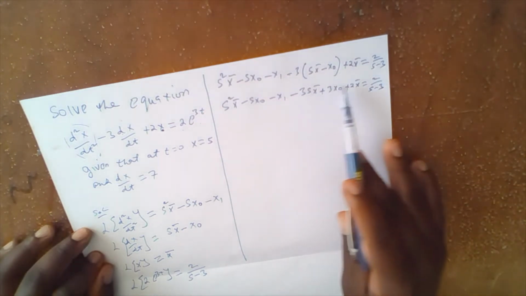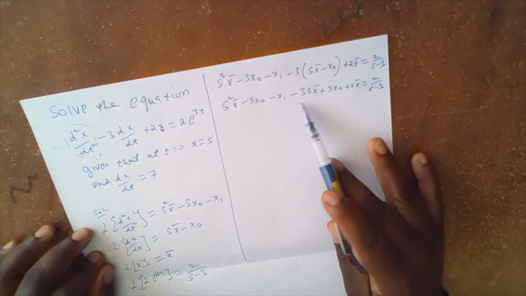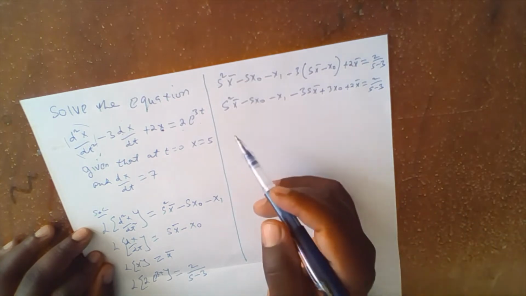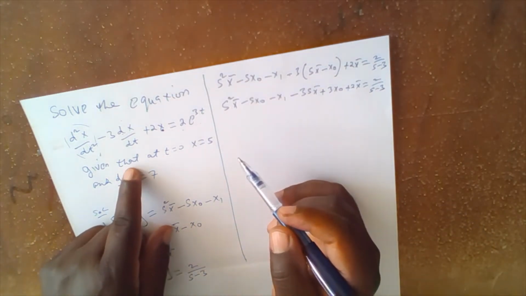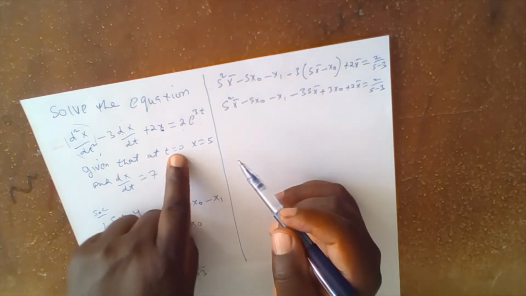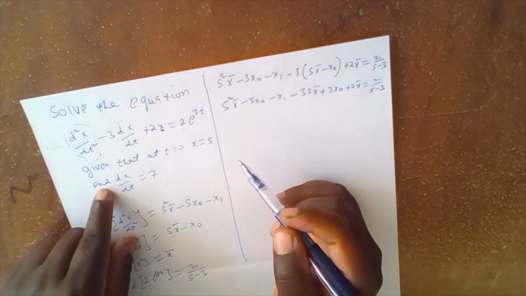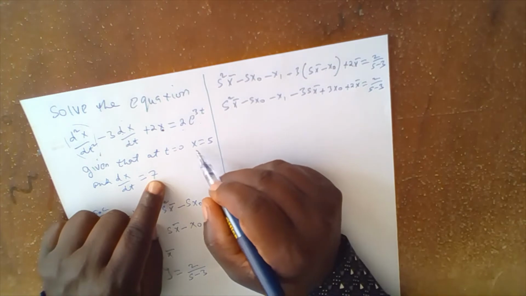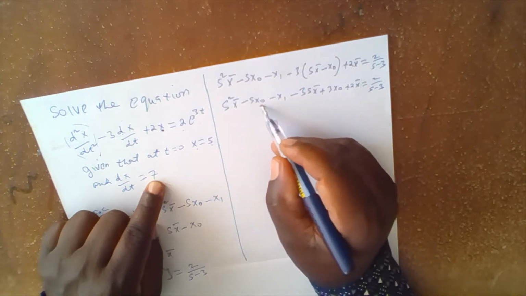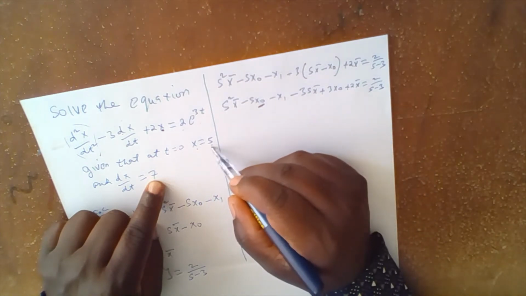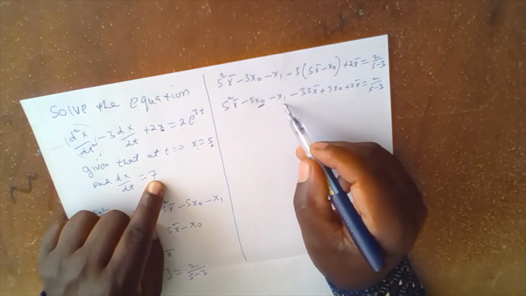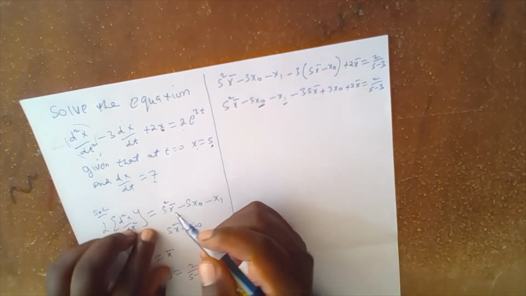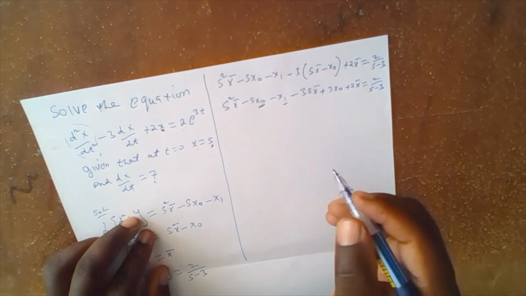Now that we have written the equation in Laplace transform, we insert the initial conditions. We said that at t equals 0, x equals 5 and dx/dt equals 7. So x equals 5 is our x naught, and where there is x naught we replace it with 5. Dx/dt is our x1, which is 7. Therefore, when we substitute, the equation becomes